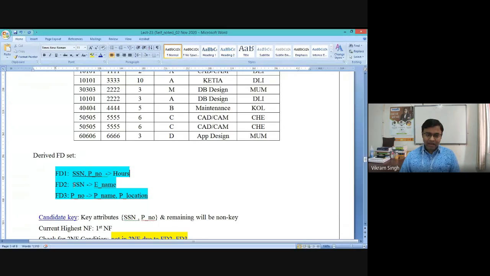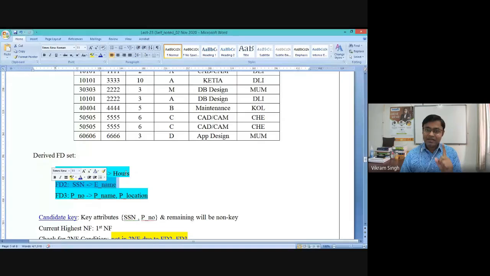Second FD says SSN derives E name. Now you can see SSN deriving E name. E name is a non-key. But only SSN is deriving E name. So SSN is a part of a candidate key, and it is deriving E name. So I can say that this FD2 is violating the condition of second normal form, because